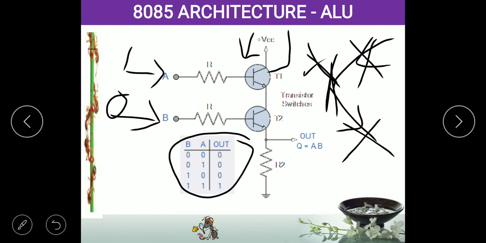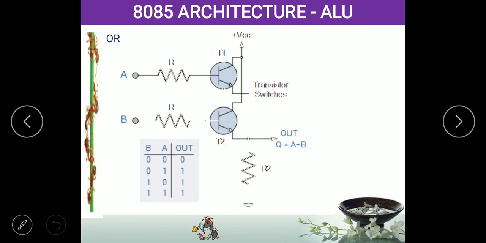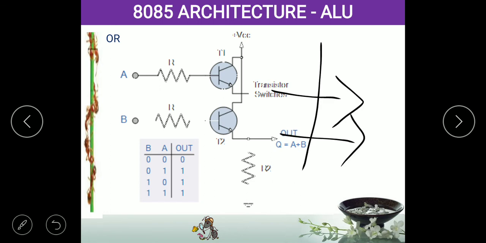Now let us take another example, the OR gate. Here if you see, the connection is a little bit different. The transistor A is not directly connected to the collector of the transistor B. It has an output pin, and here also we can take the output. Here also we can take the output. These things are synchronized, so wherever you get the output, you will get a single output. So this is the mechanism of the connection.